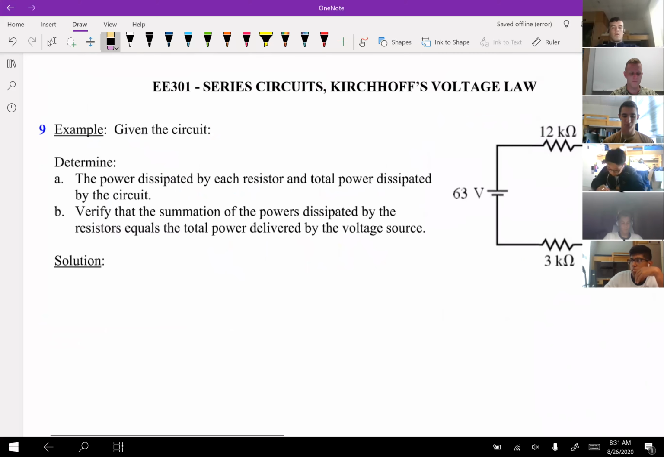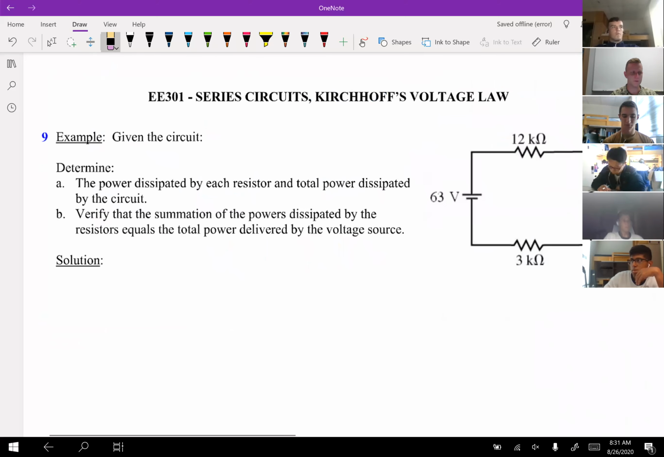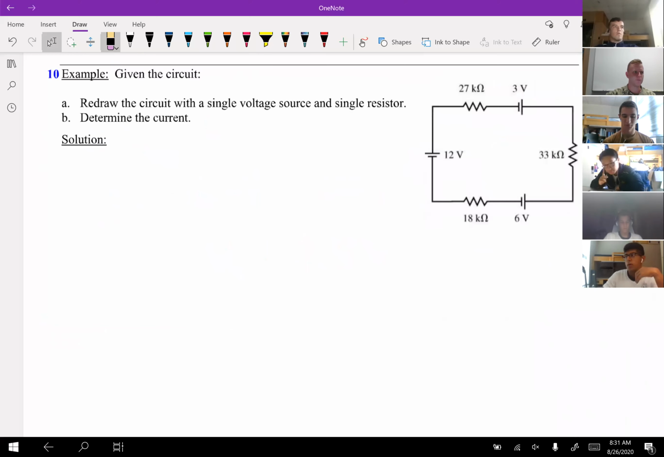All right, number 10. That's number 9. There's number 10. So this one you're first asked to redraw the circuit, and this is kind of like the example that was given in the video. But what I'm going to do first before I begin solving it is just notice the positive sides of my batteries. Now, they are already given, right? And so I don't have to label it, but I find it helpful